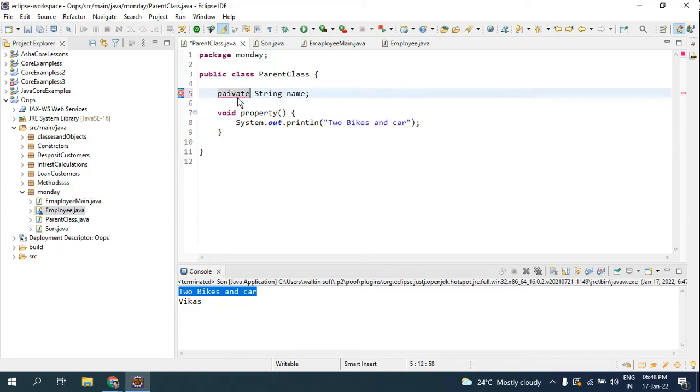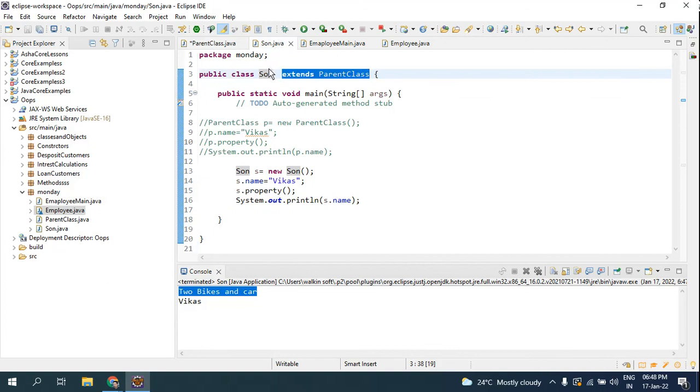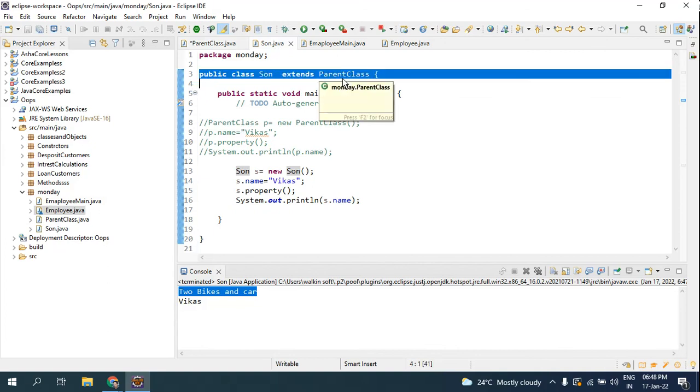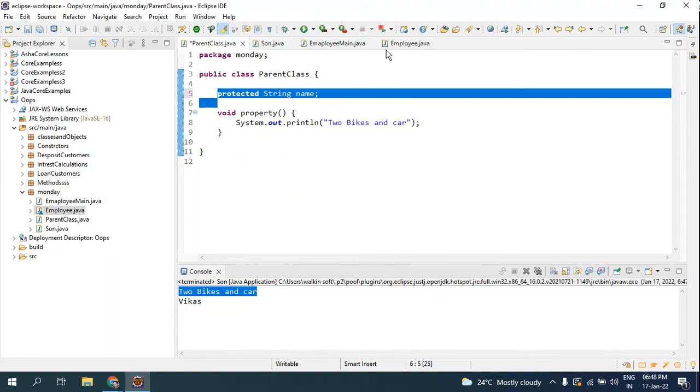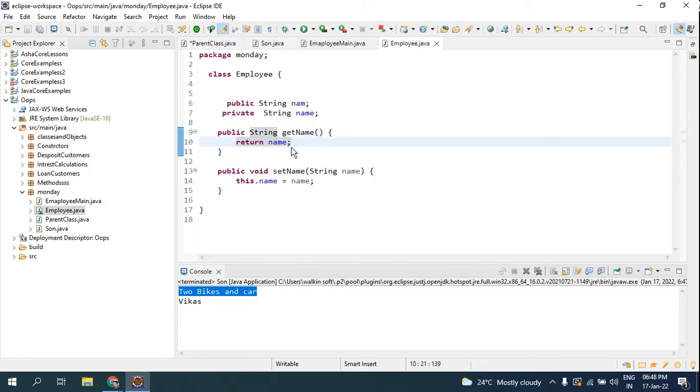You have to use setters and getters methods. But if you have to use it only in some particular classes, it can be used as protected. When you use protected, this keyword will allow this attribute to be used only by whichever class is extending this class. So that is all about the protected attribute. If you make this default, it can be used anywhere. Look here, you can use it here too. Even here you can use it.